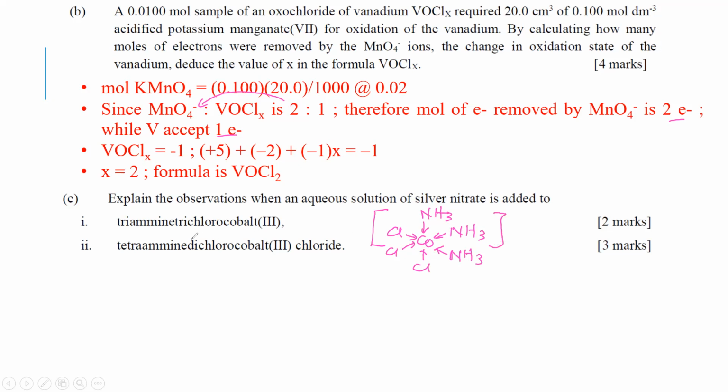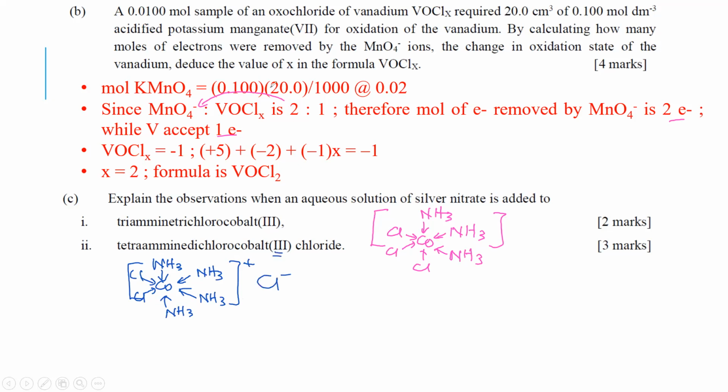Okay, this is the triamminetrichlorocobalt. And then you also have the tetraamminedichlorocobalt. So you have NH3. Okay, and then this must be a plus, because it's cobalt 3, so you have 2 Cl minus,